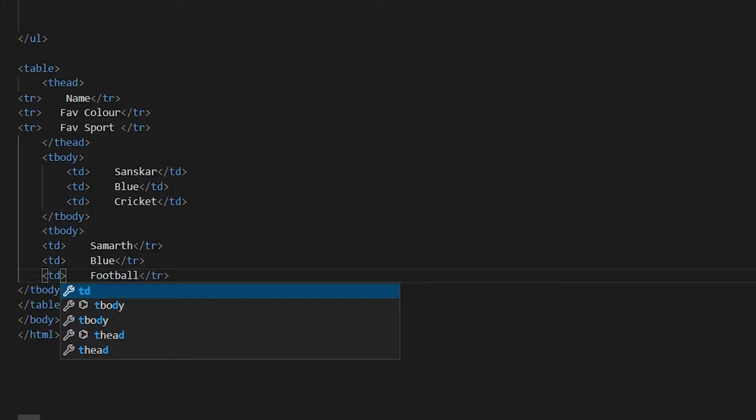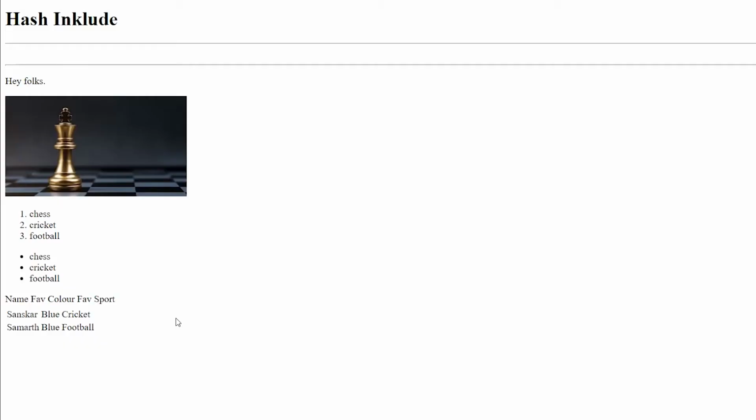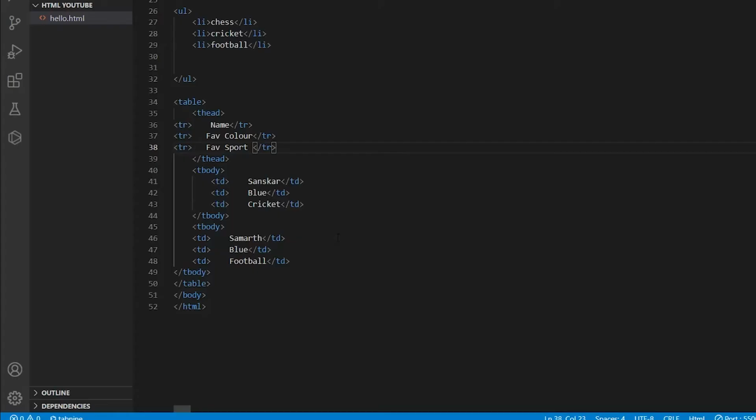Yeah folks, so what I've done here is I've added 3 columns in the table head. So basically this defines that my table is going to have 3 columns. And similarly in the body I have used TD. To insert our data in the table body, we use a TD tag which stands for table data, right? So I have used these TD tags in 2 table bodies. So it shows that we are having 2 columns for our entries. Right, let's see the output now. See, so this is my table head, table body 1, table body 2.